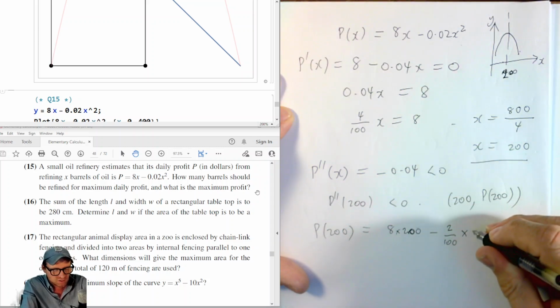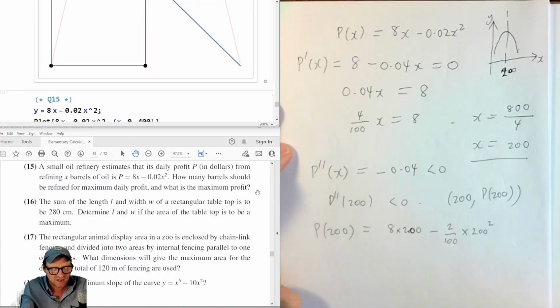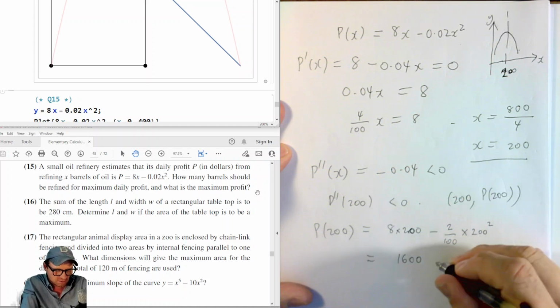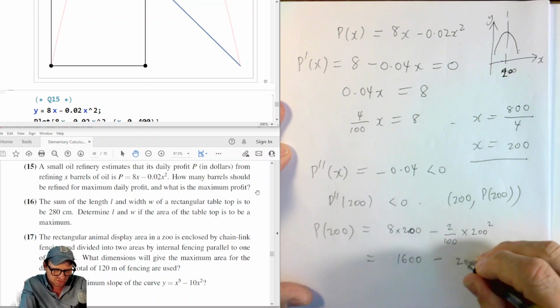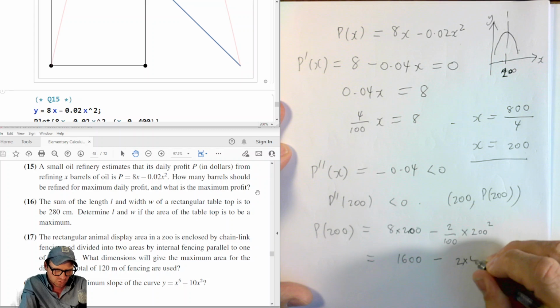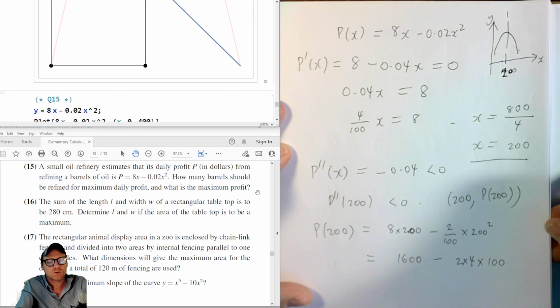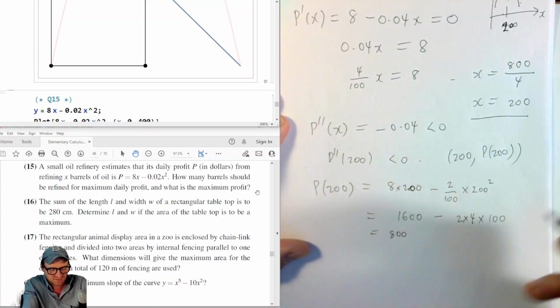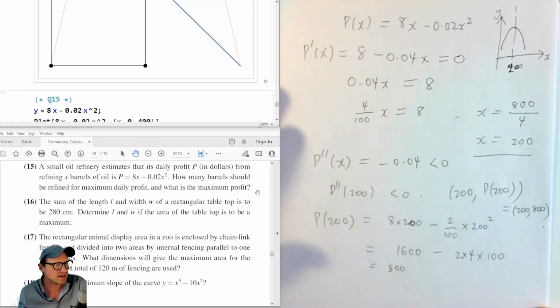And so then if I multiply that by 200 squared, okay, let's simplify this. So we have 1600 minus, so this is 2 times 4 times 100. So we're subtracting 800 from that, and so we have a maximum profit of 800. So there, our point is 200, 800. Okay, and that answers that question